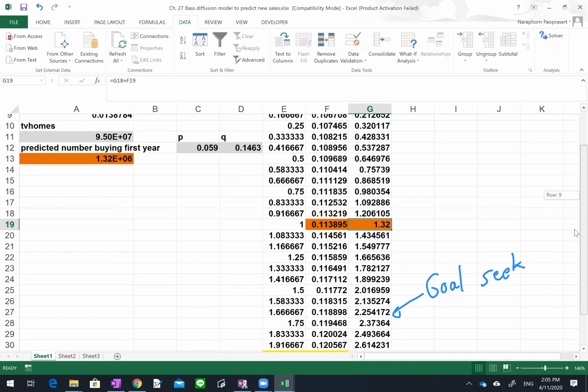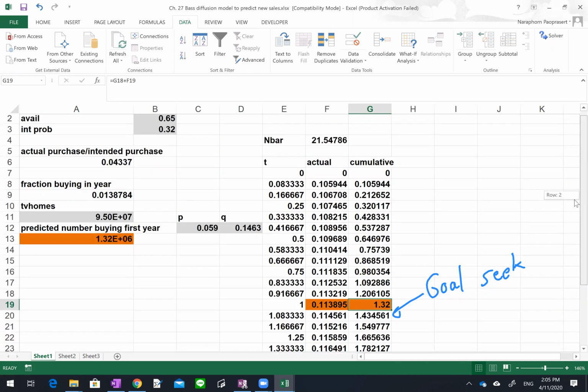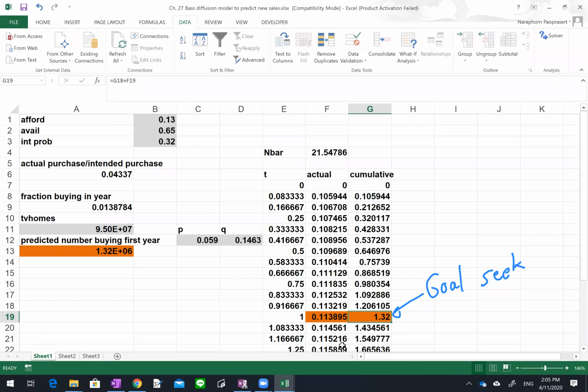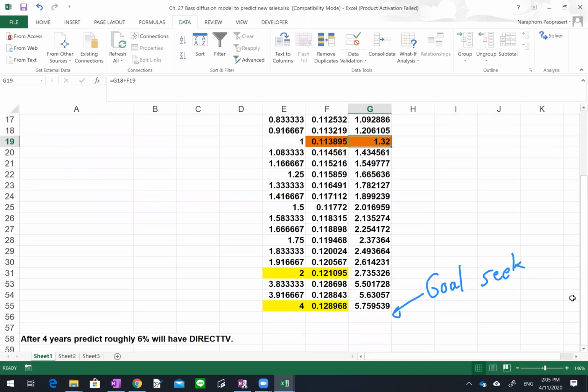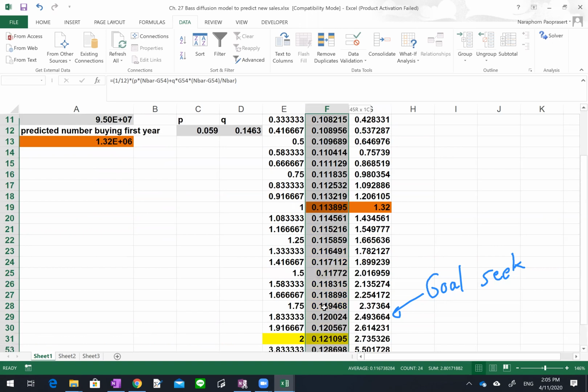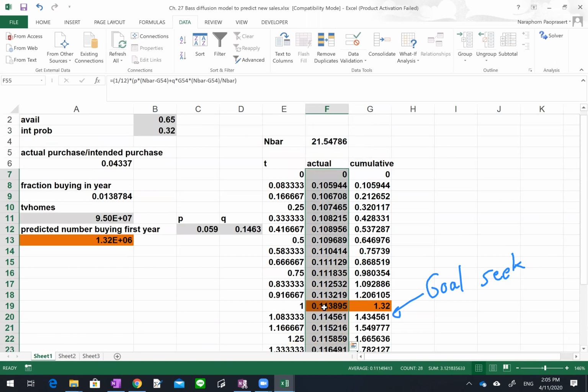So now everything is finished and you have a pretty good estimate for the actual sales, even though you don't know anything or you don't have historical information about the sales of this product yet. Okay, let me just do the eraser here.